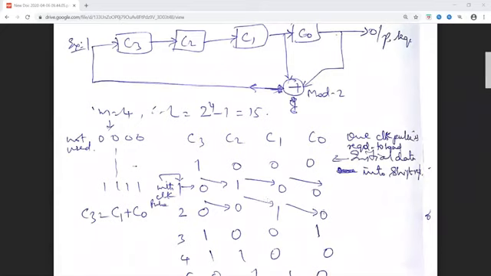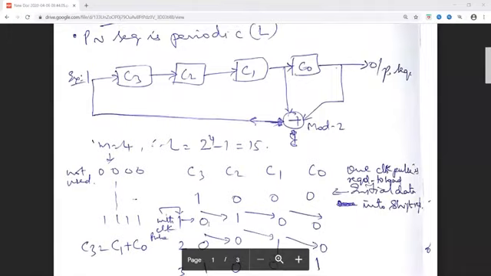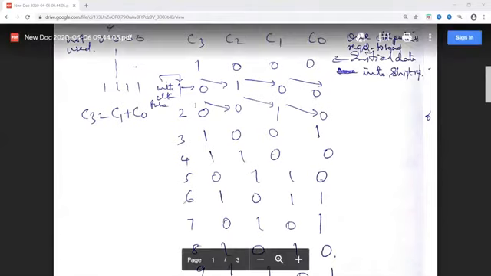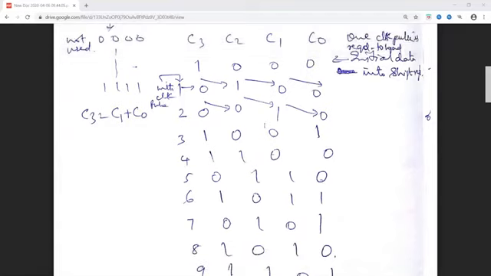Now what are C0 and C1? C0 is 0, C1 is 1. So 1 mod 2 with 0 is 1. So this you will get here. As per this mod 2 addition, you do it. Now you can continue this.